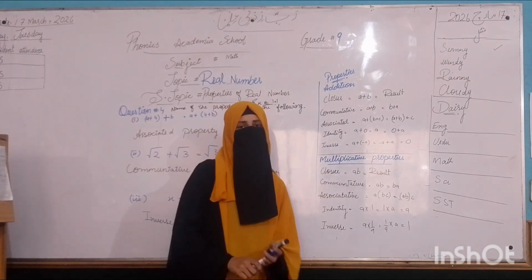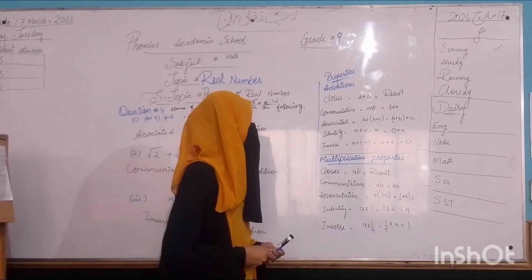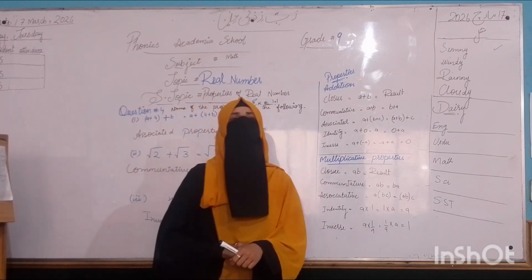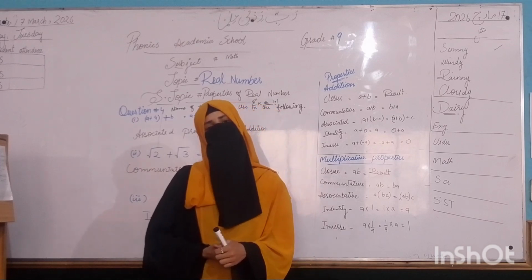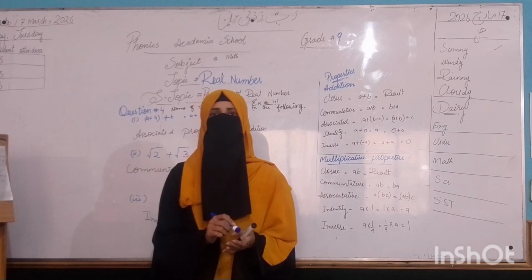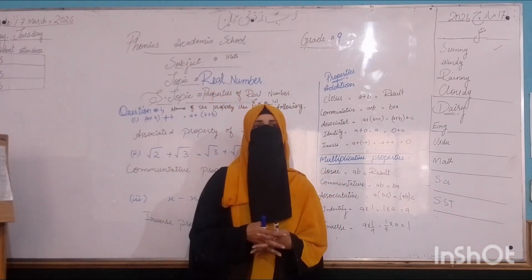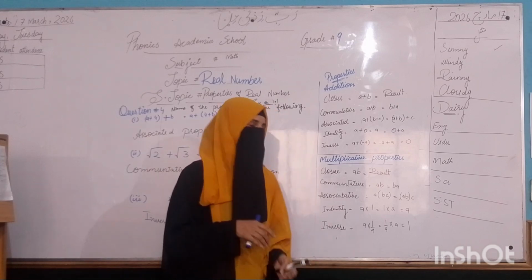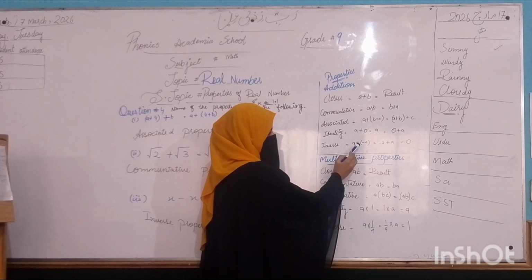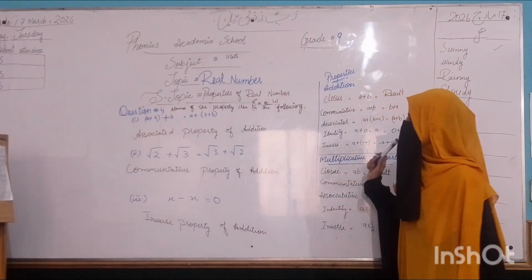The identity property is one in which you have a value and add zero. Zero is called the identity because the value remains itself. When you add zero to any value, the answer is that value itself, because zero doesn't matter whether it is added or subtracted. Then the inverse property: when you have a plus minus a, that is a minus a, it is equal to 0. When your answer is equal to 0, it's called the inverse property.